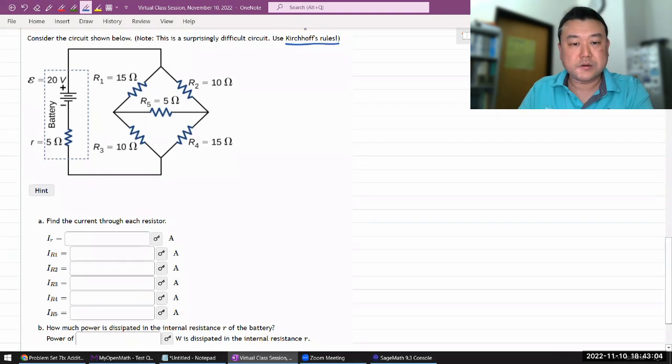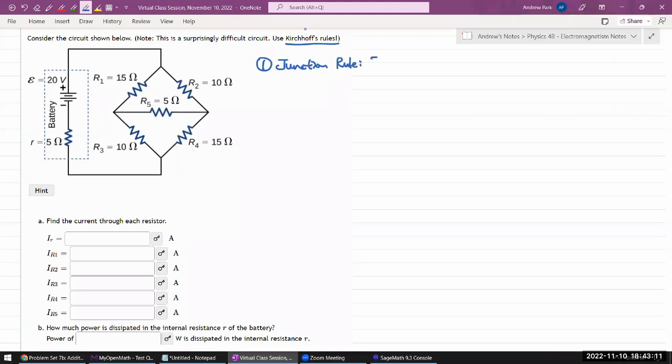The first set of rules I want to use is the junction rule, which says that you add up all the currents coming into a junction, you add up all the currents going out of a junction, and they should add up. It looks like the question labels the current through each resistor that way, so let me use the same labels. I'm going to say there's current I1, I2, I3, I4,